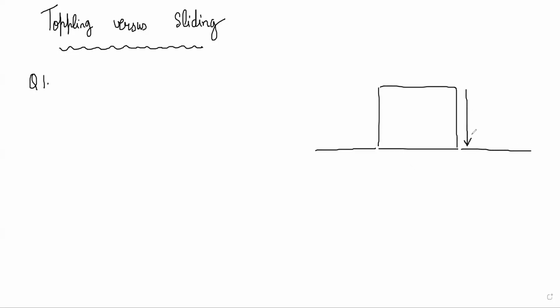The first question is a JEE 2000 problem. It goes like this. This is a block, and the length here is L, and there is a force applied like this, capital F. This is a cubical block of side L which rests on a rough horizontal surface with coefficient of friction mu for the surface. A horizontal force F is applied as shown. If the coefficient of friction is sufficiently high, so that the question gives that friction is sufficiently high